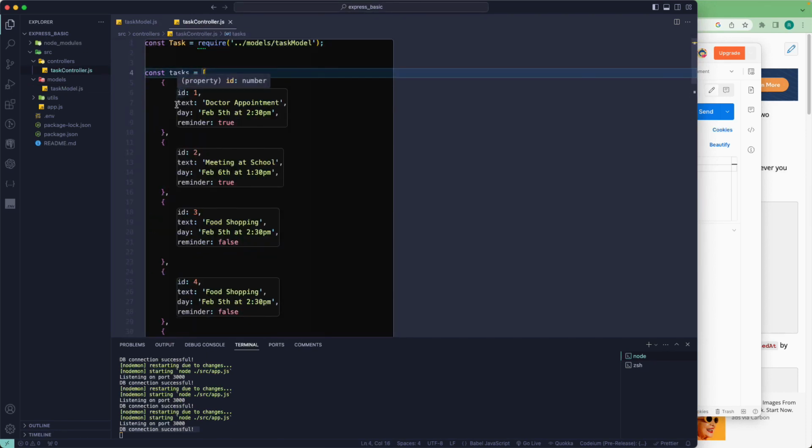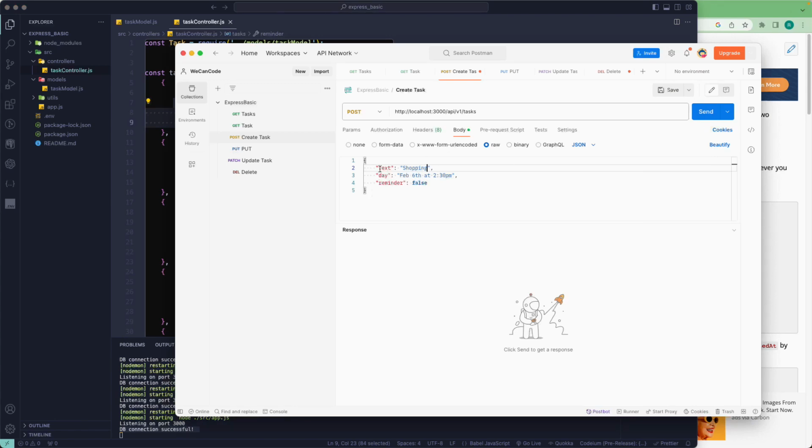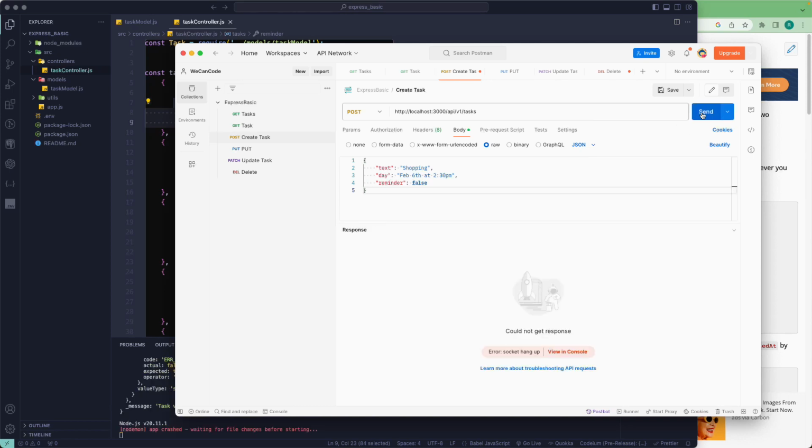So let's just go, and we don't have to pass in the ID. Later we'll see how that was created automatically for us, but for now let's just try to pass in only this information from here. And I guess that was previously what we had over there. I'll just say that as shopping for now. So let's not complicate it, and I'll just send this particular request from here, and we got